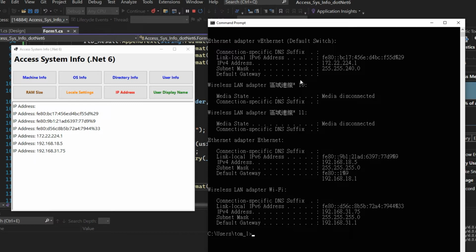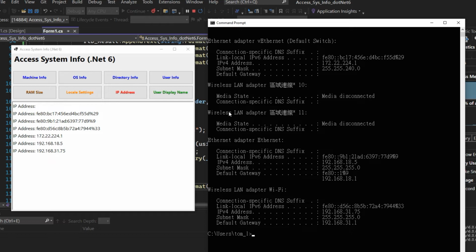From the command prompt console window, you can tell there are 5 network adapters in the list, and 2 of them are not even being used. Which means this approach allows you to get the IP address information very easily. But sometimes you need more information, like whether this IP is an IPv4 or IPv6, whether this IP address is in use, or which adapter it is attached to. But methods under the System.Net namespace cannot give you that. So this is why we are going to use the